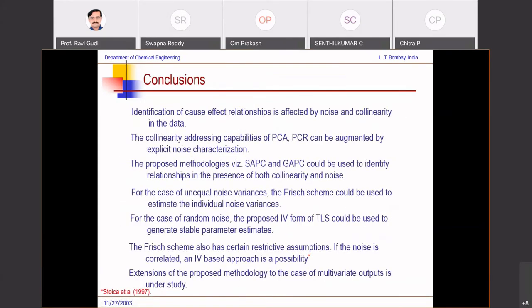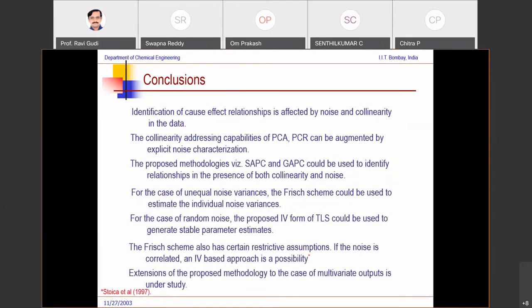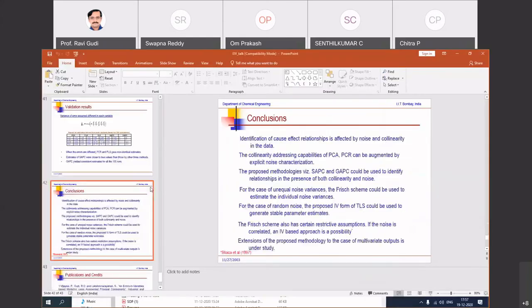but that is part of research for those of you who are interested to go further in this matter. Just by the way, I want to acknowledge my student Vijay Sai, who did some of this work analyzing noise effects and collinearity effects when we are doing ordinary least squares. Okay. So again, I'll pause here to take questions and then go into projection to latent structures.